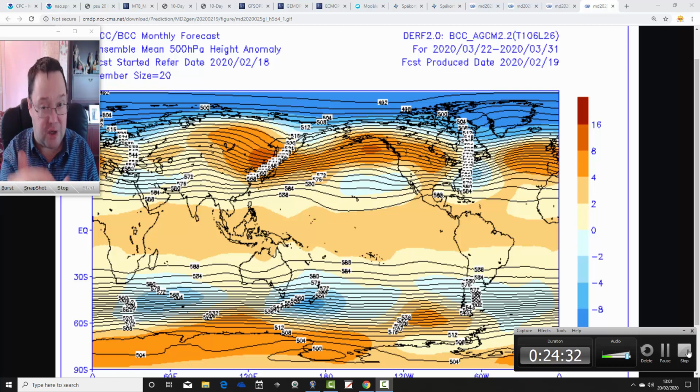But in the more immediate time, so that's the interest in the longer time frame. Do we build up the high pressure? Do we settle things down and get spring going into March? That's the long-term interest. The short-term interest for next week is with these southerly tracking low pressures and the jet stream shifting southwards. Will that allow something a little bit more wintry to occur? It could well do for northern parts of the country. For lowland southern England, it's still going to be very difficult to get snow down there,